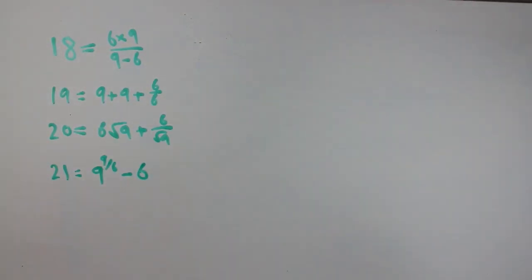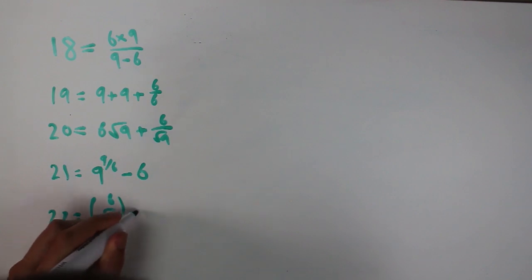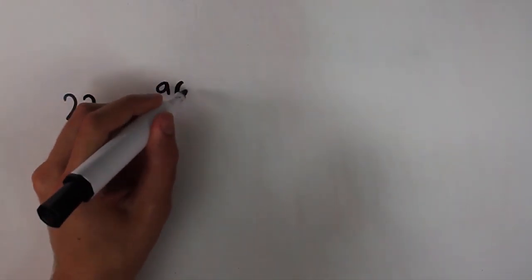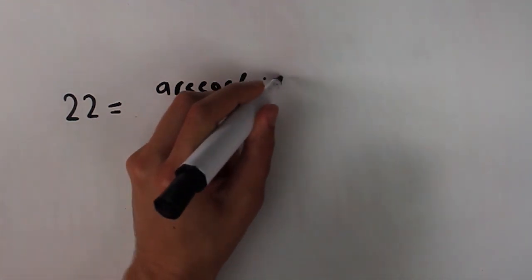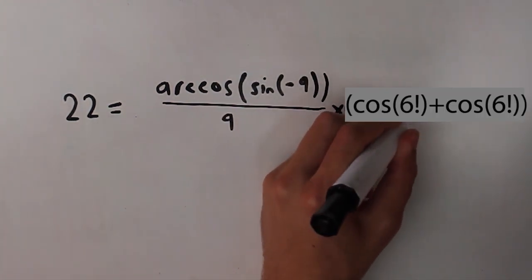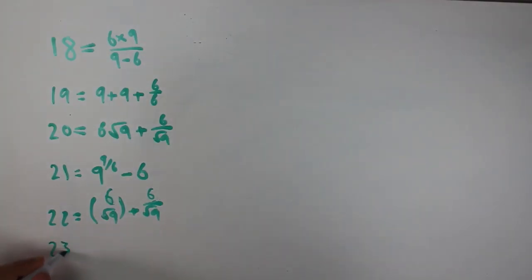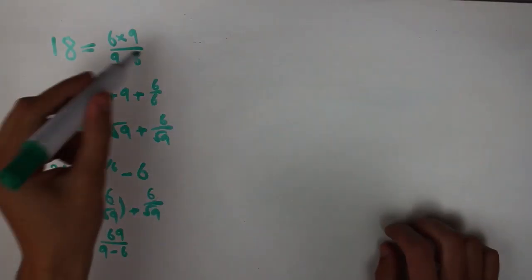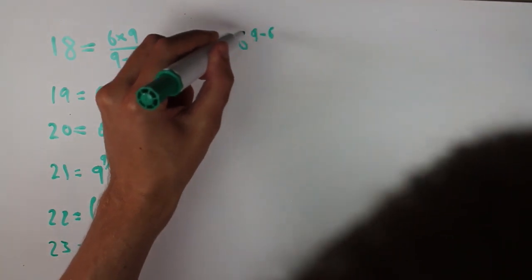21 is 9 to the power of 9 over 6 minus 6, 22 is 6 choose root 9 plus 6 over root 9. I found an alternative way. 22 is arc cos of sine of minus 9 degrees divided by 9 times cos 6 factorial plus cos 6 factorial, which is 2. 23 is 69 over 9 minus 6,